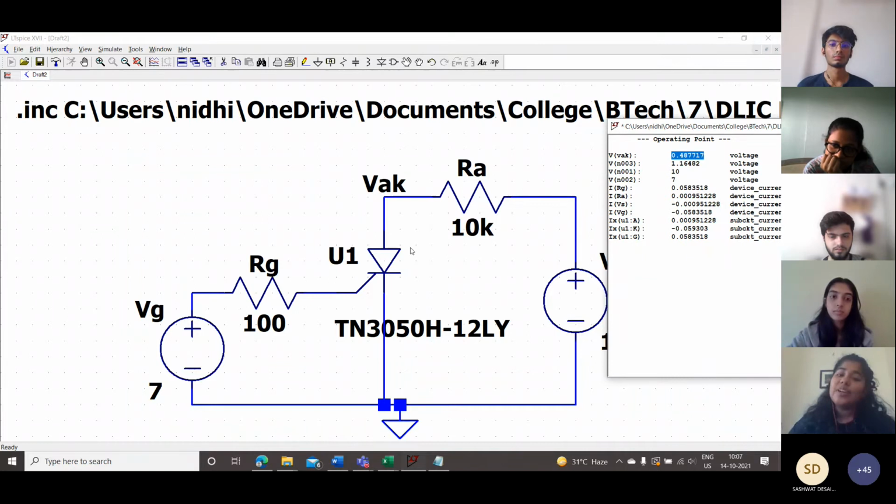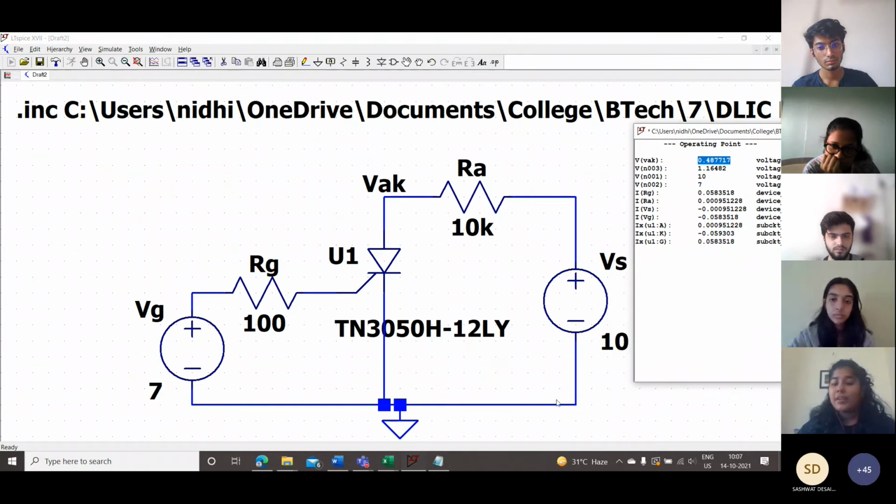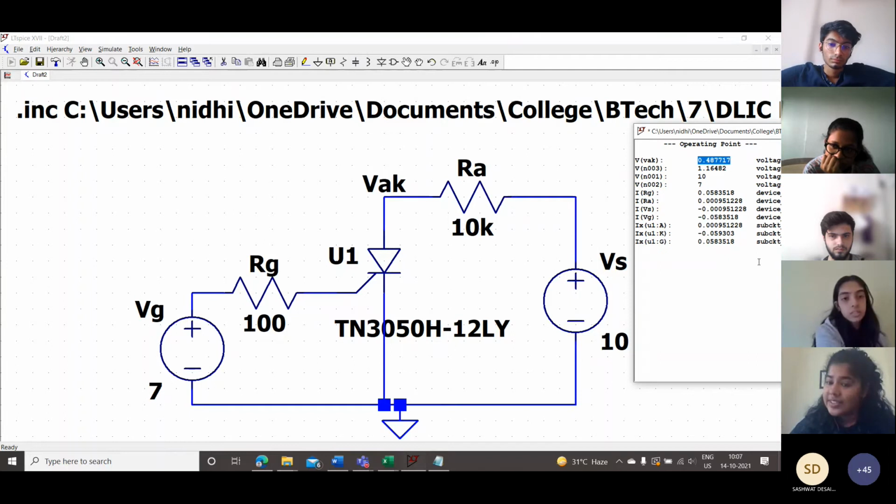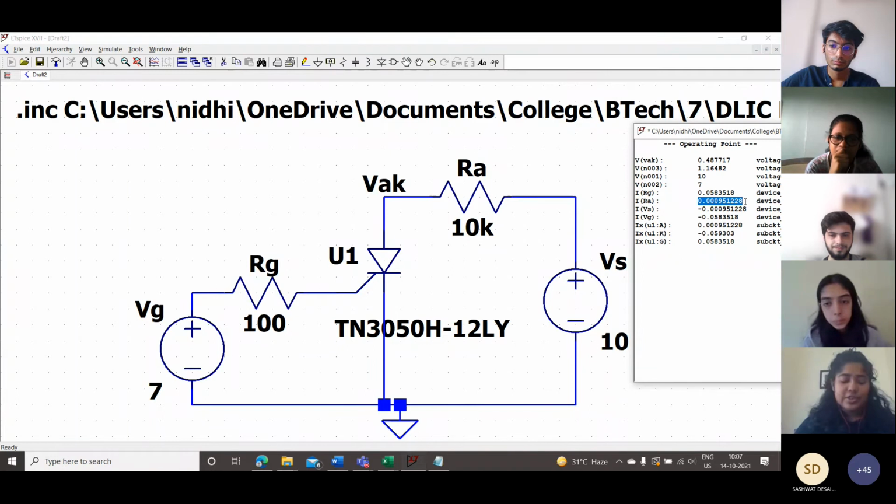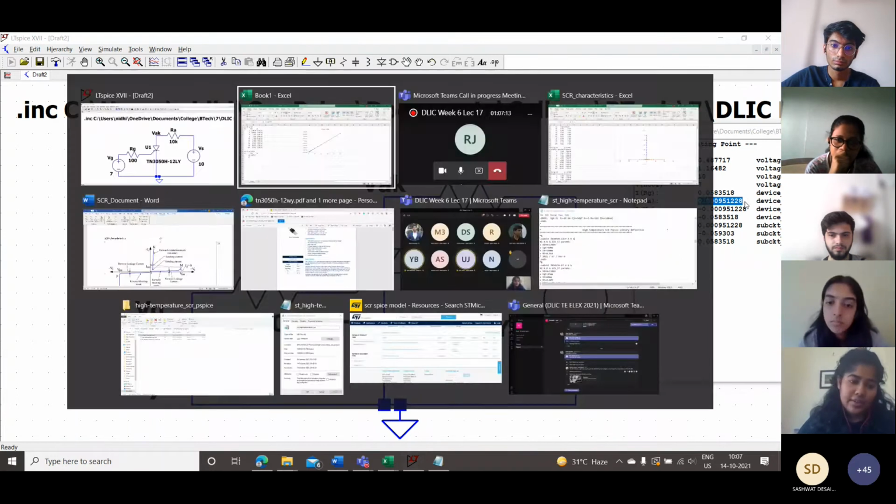So the SCR, you can tell, is working because the voltage that you've provided here is 10 volts, and that drop is not appearing across the SCR. Instead, you're just getting the internal voltage drop of the SCR, and that is how you know that your SCR is on. The other way to know your SCR is on is to observe our current value, and there is current flowing in the circuit. So we're just going to note down these values in our Excel document again,